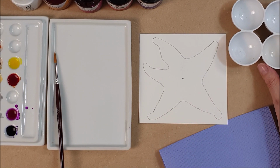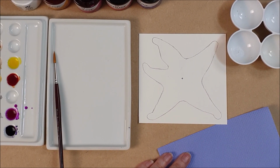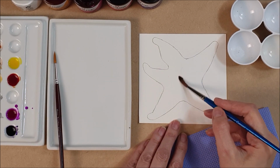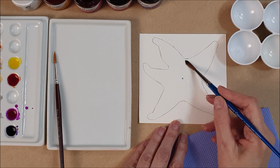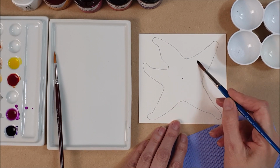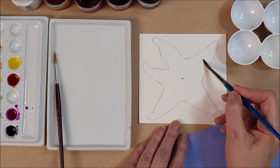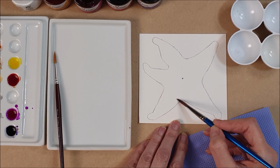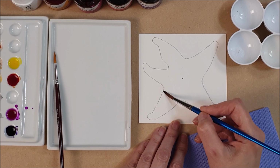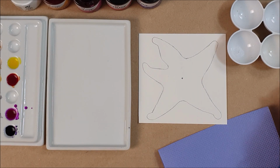So make sure that you've got your little pot of salt handy there, and you've got your jar of water handy as well. And what I want to do first is, just with some clean water, just wet this central area of the starfish, just the centre bit first, and just go a little way up the legs there. So it's going to create a nice wet area for the paints to flow into. And then we're going to start with the carmine,